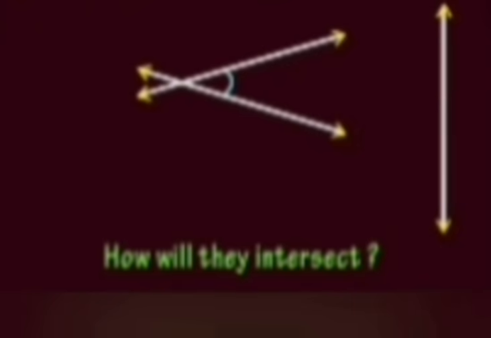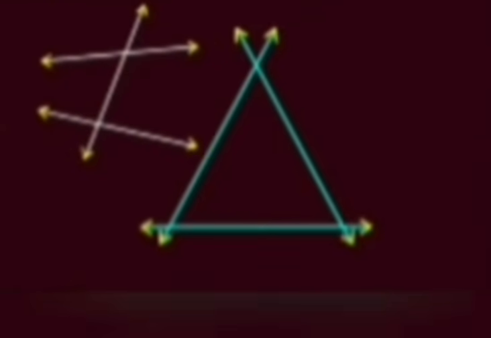What if we have three lines intersecting? So look at the cases possible. Here there are three cases shown in the figure. In the first case, the lines are intersecting in pairs, and in the third case, the three lines are intersecting at a single point. They are called concurrent lines.